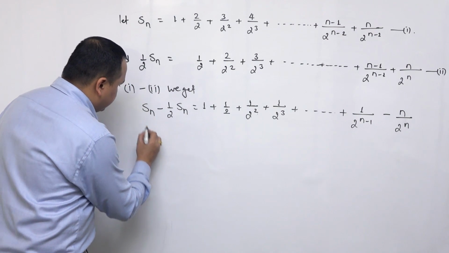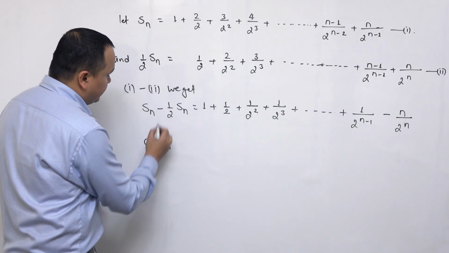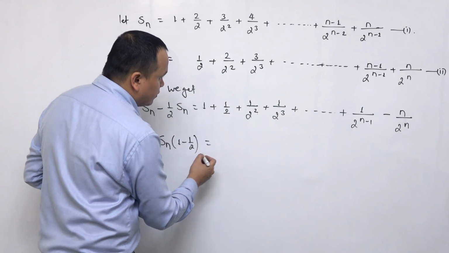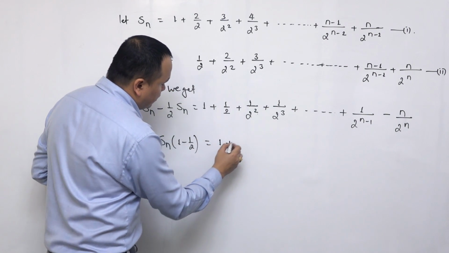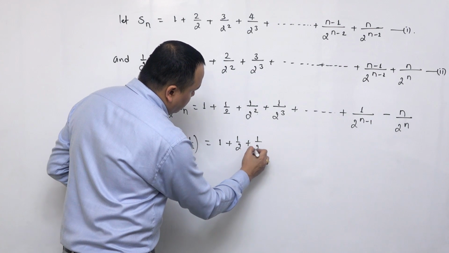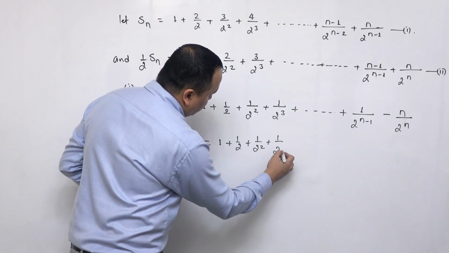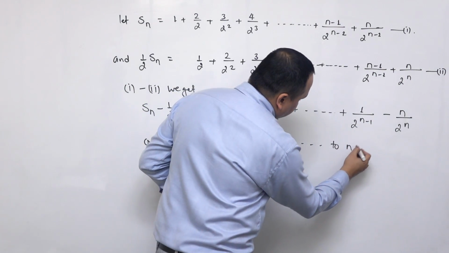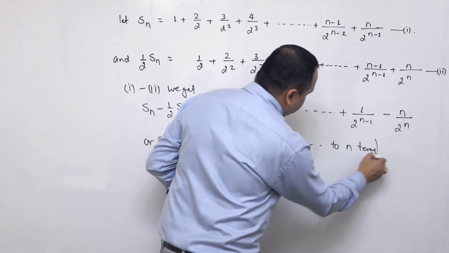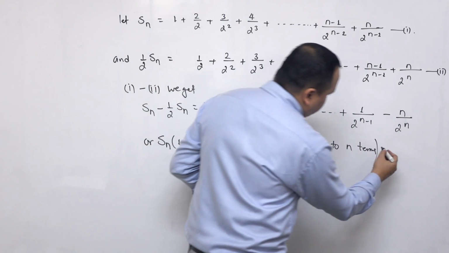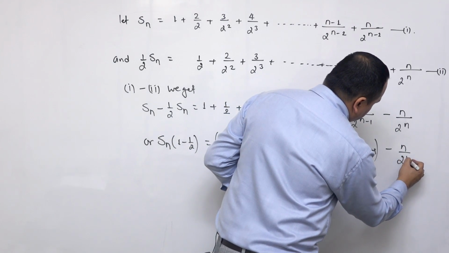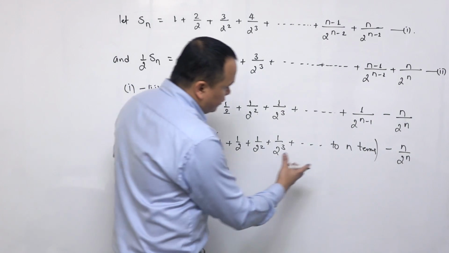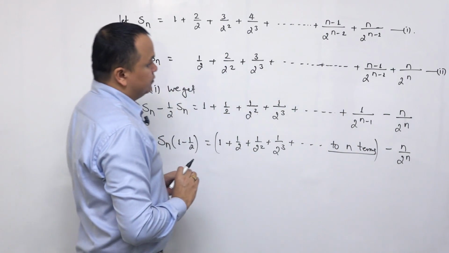Here Sn is common, so 1 minus 1/2 Sn equals 1 plus 1/2, 1/2 squared, 1/2 cube, dot dot dot, 2n terms, minus n upon 2 to the power n. Here 2n terms, because